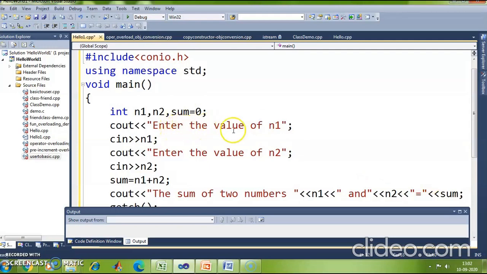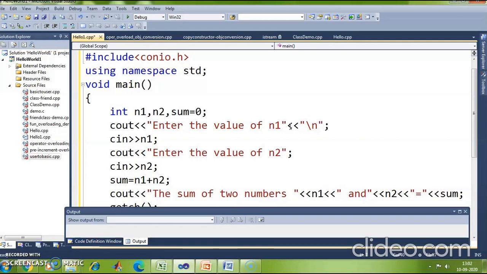Okay? For example, after printing the value of n1, I want the control to go to the next line. So, what will I do? I will put another insertion operator here and print \n in either double quotes or single quotes, because \n is a character. Okay.